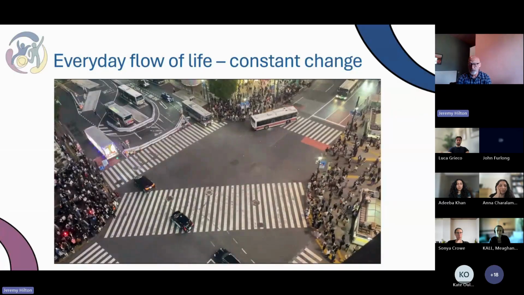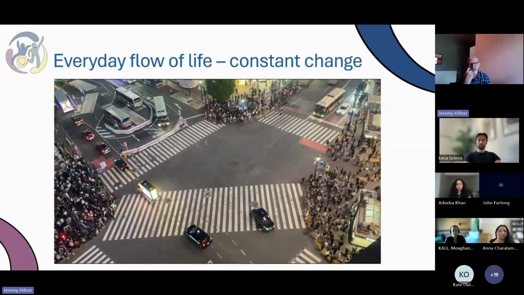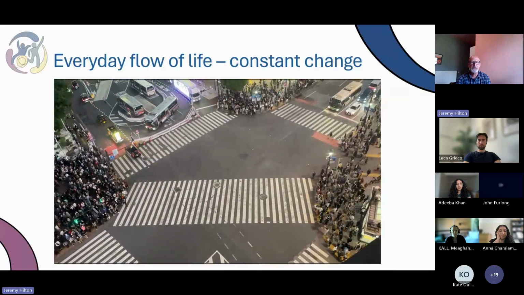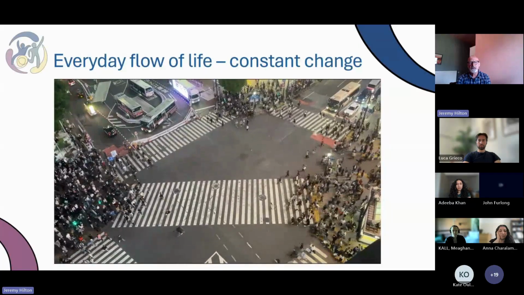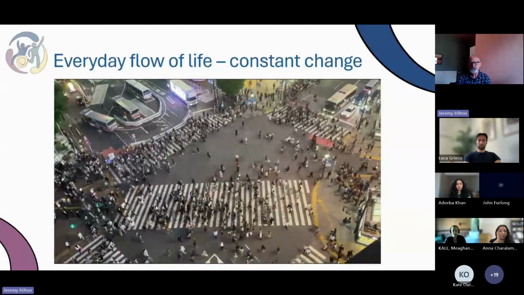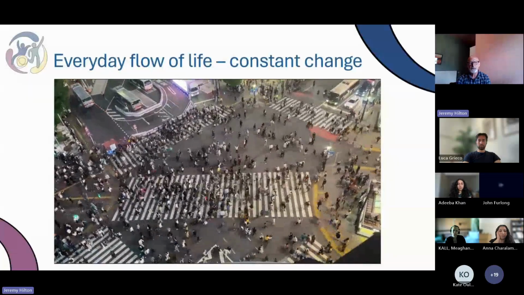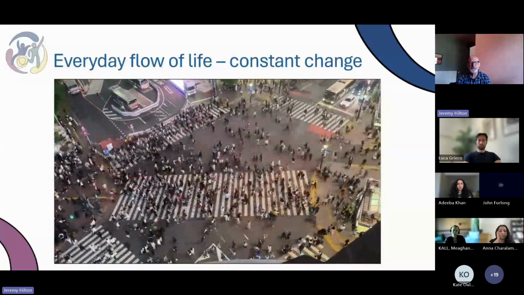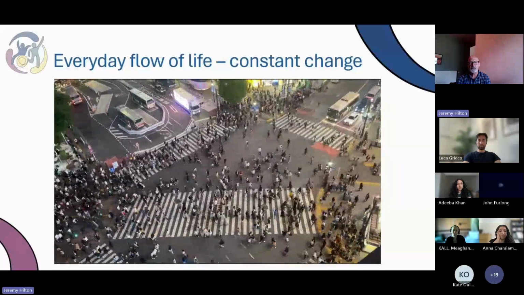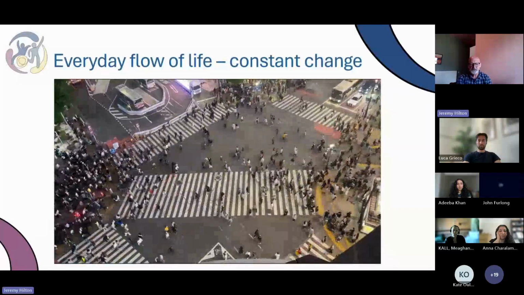But you've got the structure of the roads themselves. You've got markings on the road which have a codification for behavior. You've got traffic lights. You can see policemen there guiding traffic. But then again, the structure supports movement of people. But look how the people's movement changes, even though they're broadly following the structure. Not everybody does. There's somebody right in the middle waving their arms. There's someone else taking photographs, but they all clear the roads in time for when the lights change again. So they have agency, but they're also still guided by the structure.